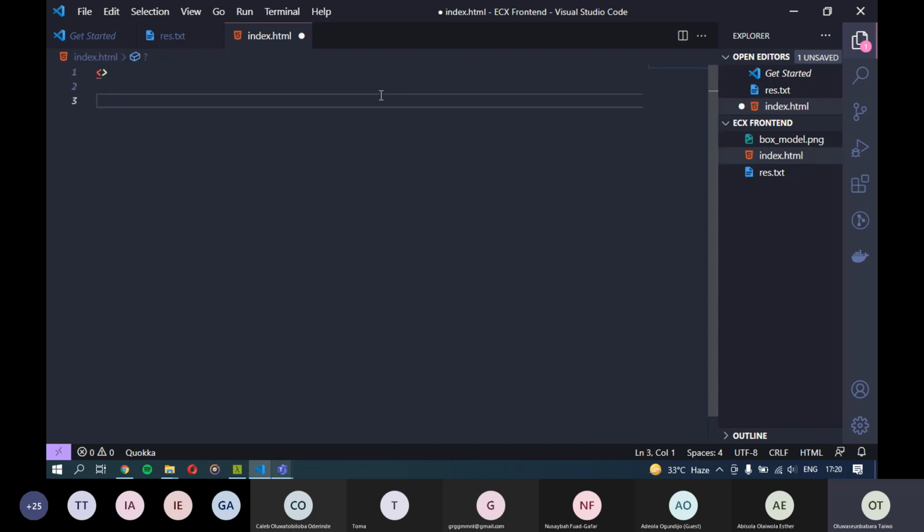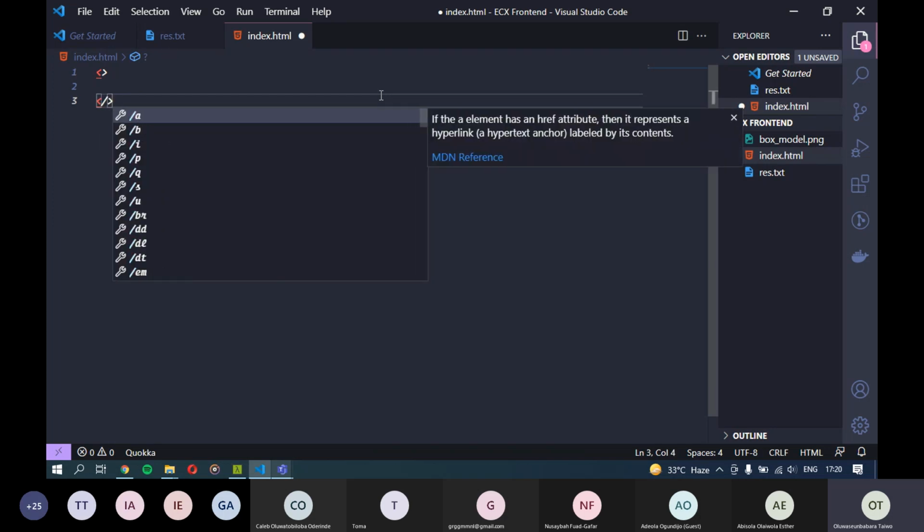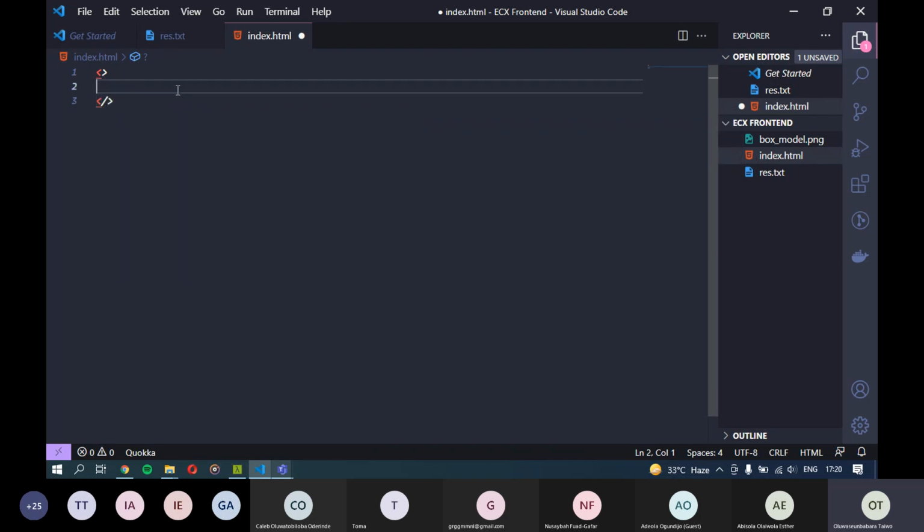Basically everything you write in an HTML code is going to be tags. And tags include opening and closing tags. For almost every tag that we have in HTML, you must have an opening tag and a corresponding closing tag. So as you can see, the opening tag is going to have just the name. The closing one is going to have a slash behind it.